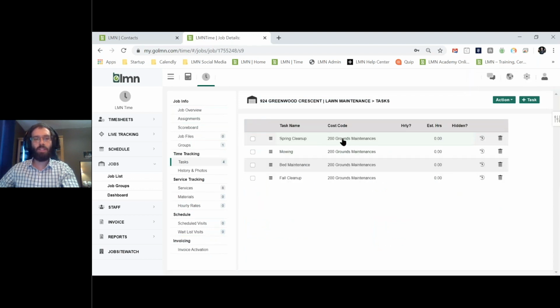Now we have the estimated visits, but we don't have the estimated hours. That's one thing that will not come in bulk, and the reason for that is every property is a different size. So you're going to want to come in here and identify those hours after you've created those jobs and you've added